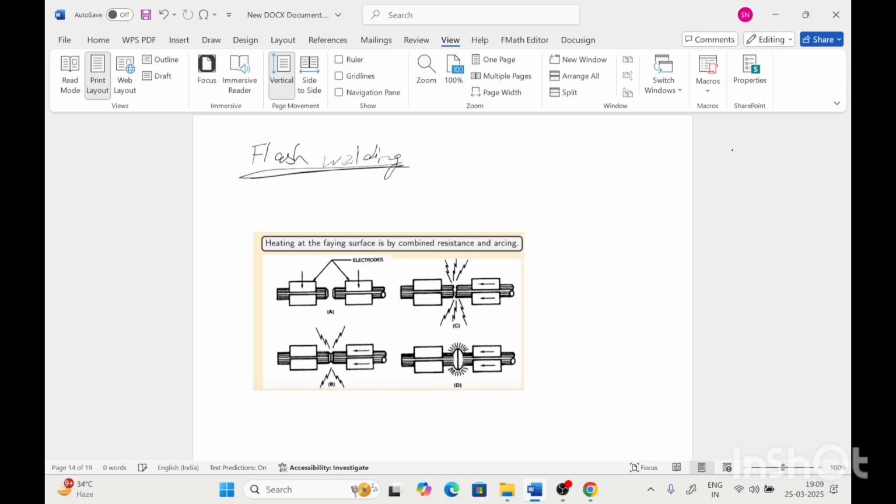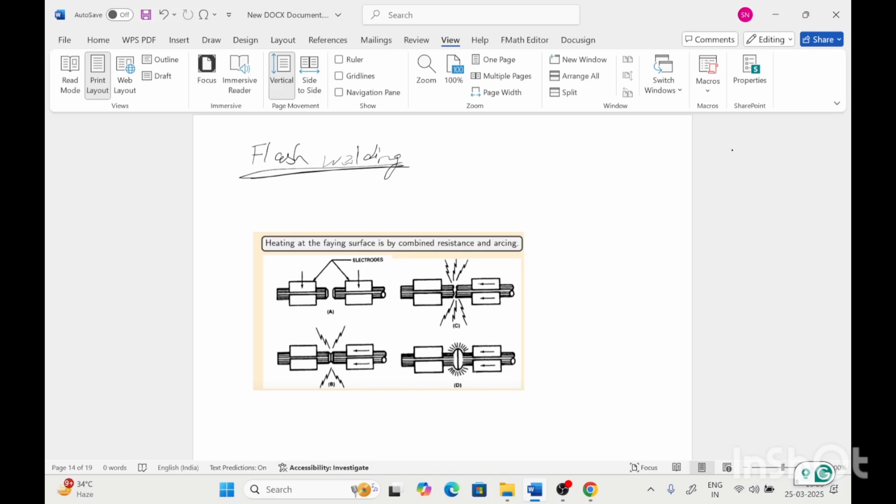So in flash welding, first the two rods or two tubes are kept at a distance to form the arc. As the arc strikes between the two rods, the interfaces start to melt and collide. With the collision of the two melting interfaces, the welding joint forms, and then one of the rods